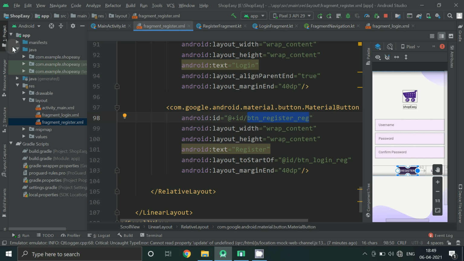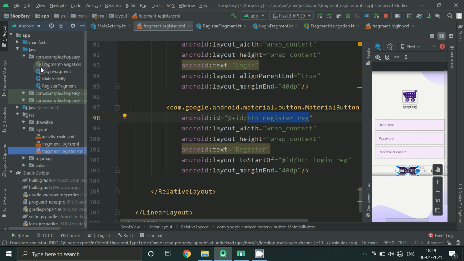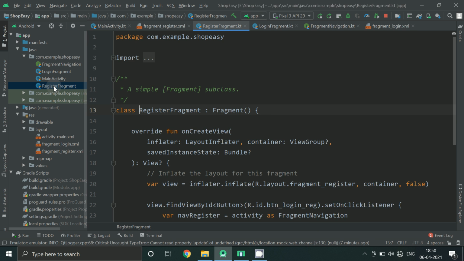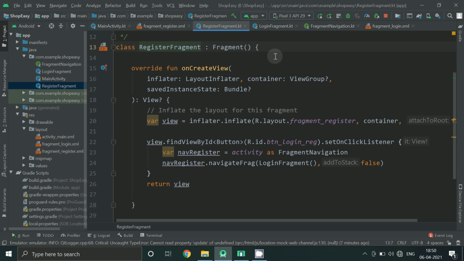Now let's go back to register fragment. So here we will write all the three variables: username, password and confirm password.